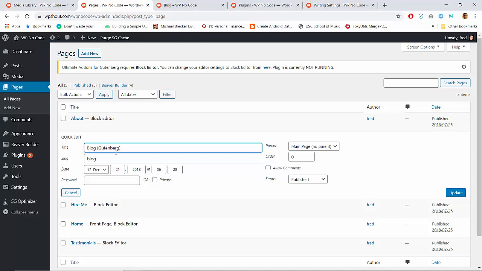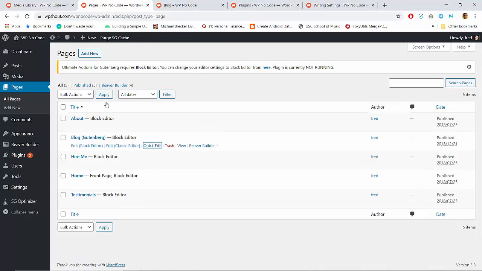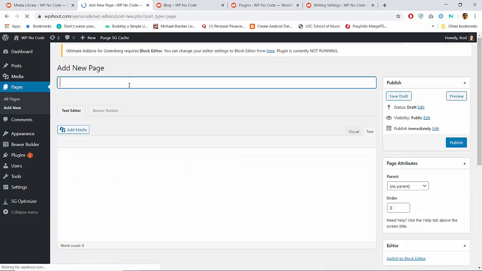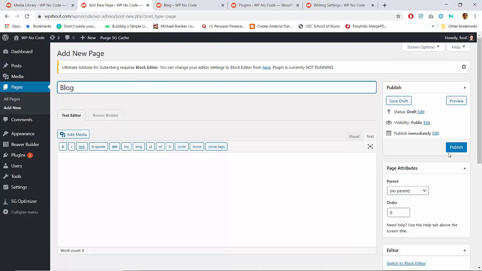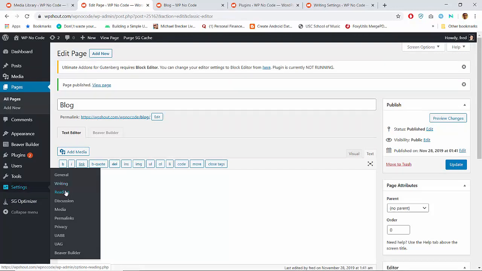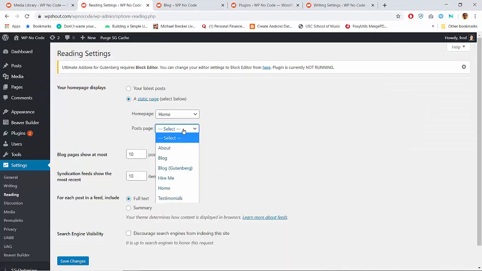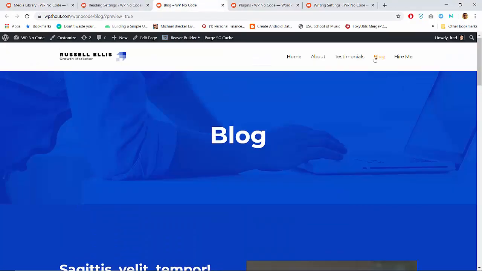Just so that we know what this is. Okay. And I'm going to add a new page just called blog. Publish it. Go to settings, reading, and set that to be the blog page. Now, my memory with Astra is that the actual blog page is